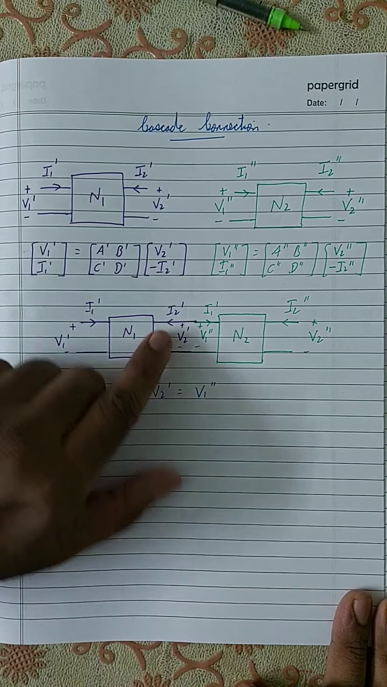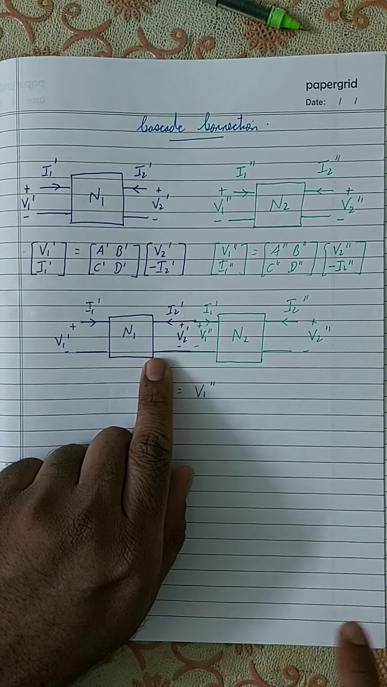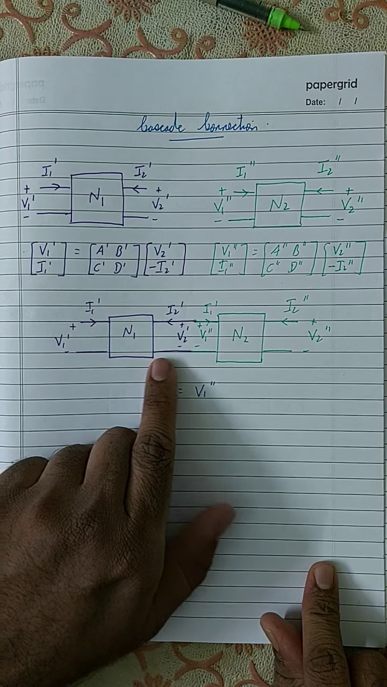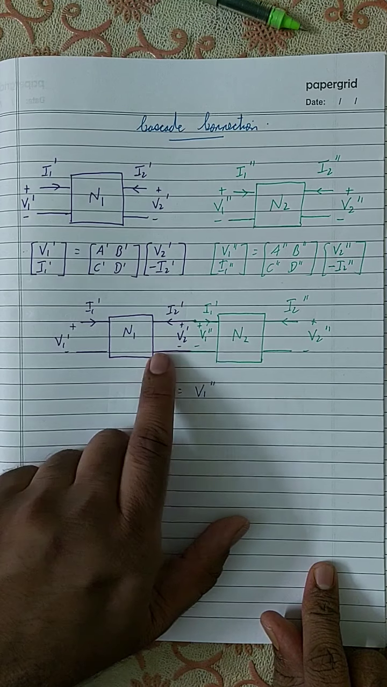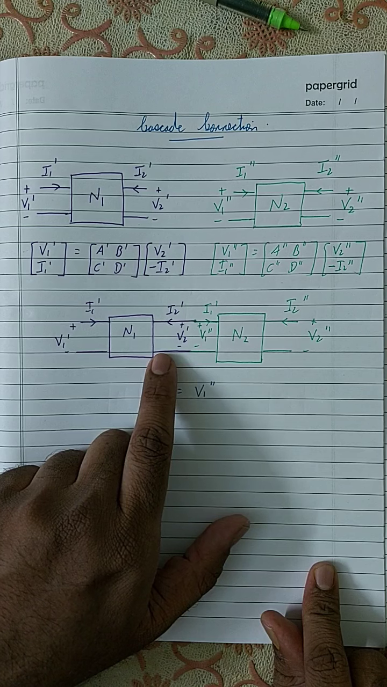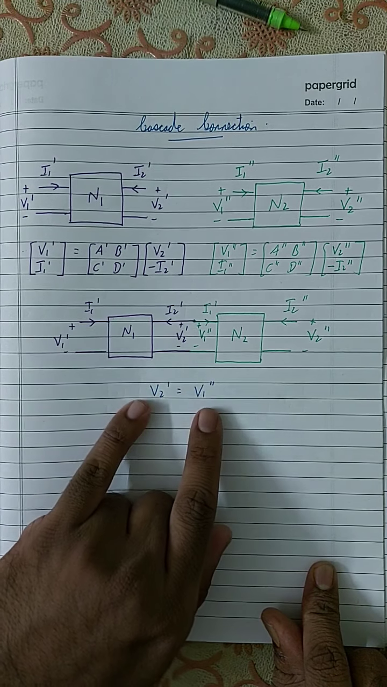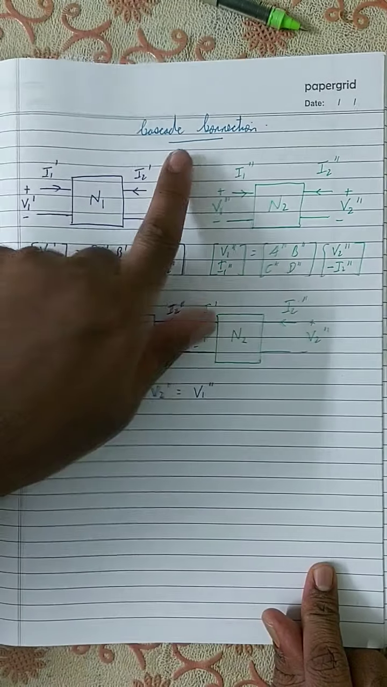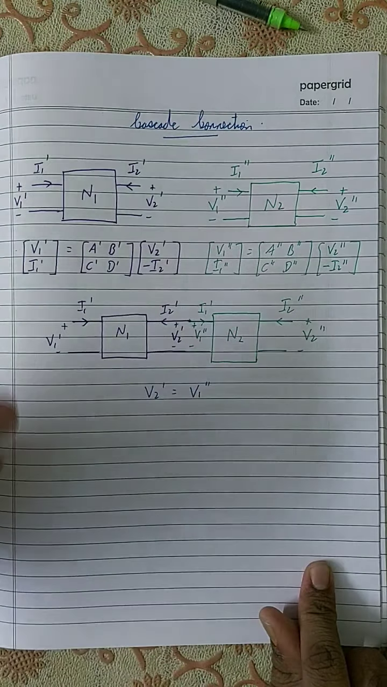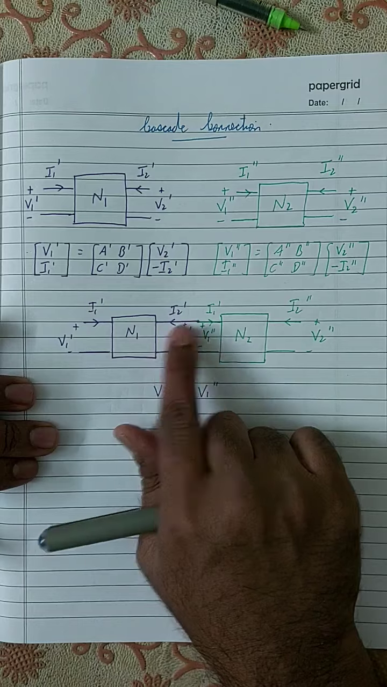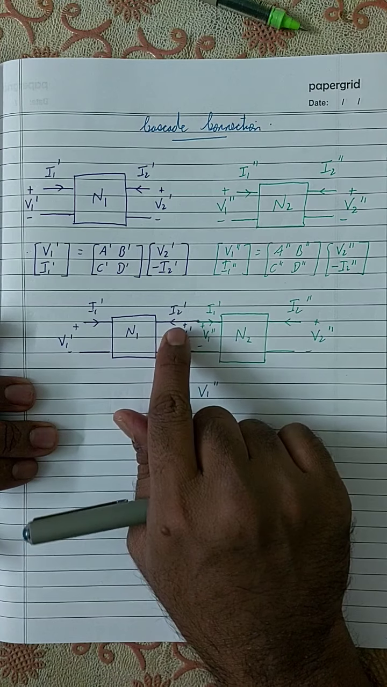Here we can see that when the output port of one network is connected to the input of the other network, the output voltage of the first network becomes equal to the input voltage of the second network. That is the first thing; that's what happens when the two networks are connected in cascade. The second thing you need to understand is the current: the output current